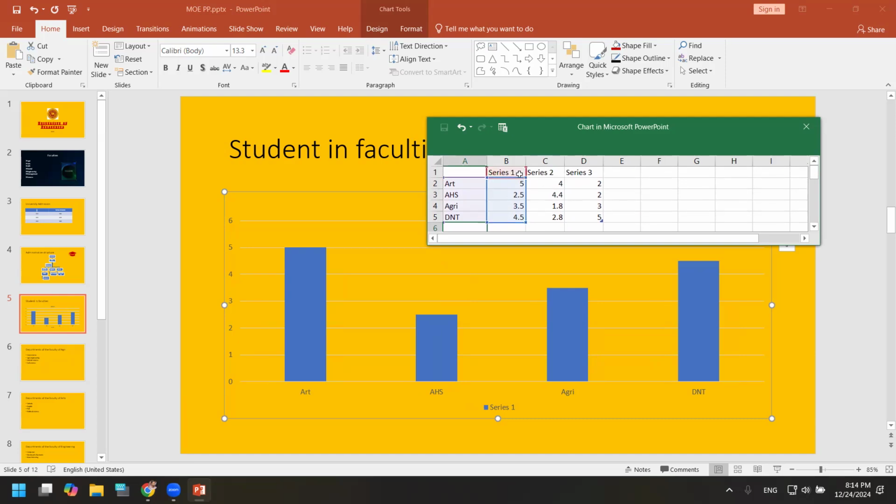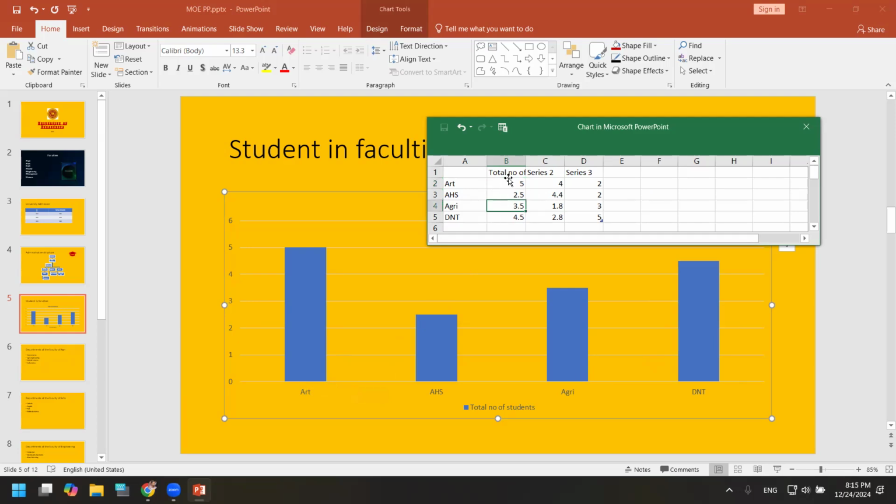And as the series, I want to mention the total number of students, right? Now you can see when I change these labels, they will be visible on this graph or chart,